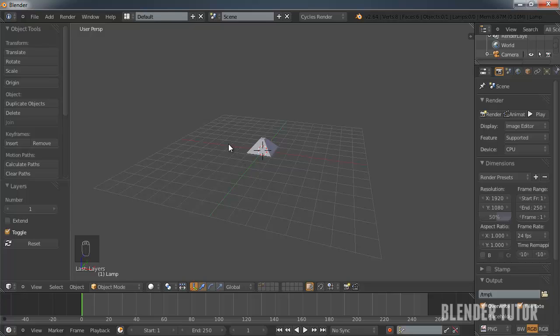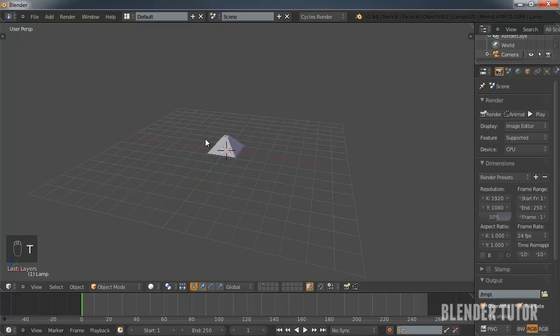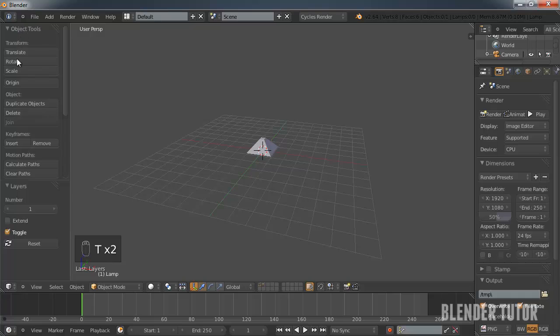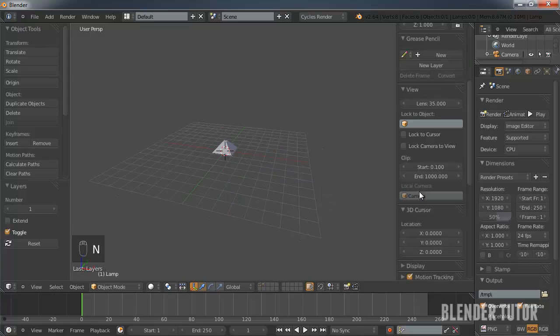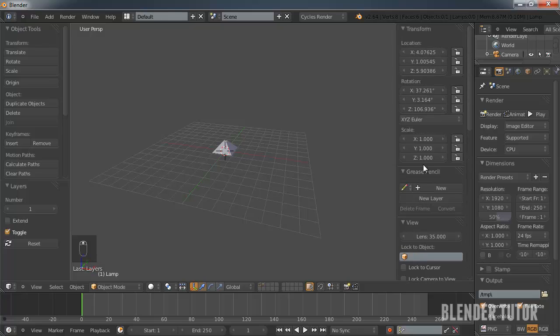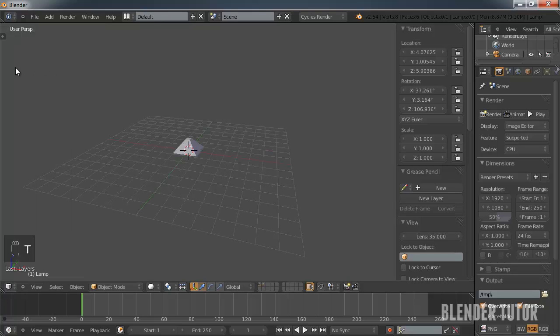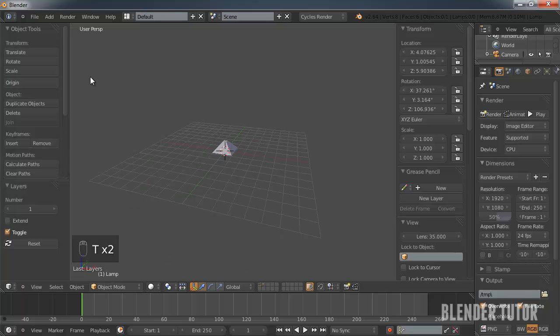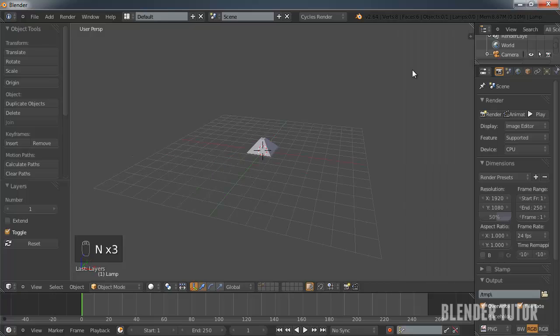There are a few side tabs that can be very helpful for us. This one, the Object Tools tab, is already open, I believe by default. There's another one on this side that's closed right now. If I hit N, it's going to open this one. It's going to show me a whole bunch more information that could be useful to me. So this one on the left, the Object Tools, if I hit T on my keyboard, it'll compress it, or T again, it'll bring it back open. Same with this one on the right, N to open and close it.